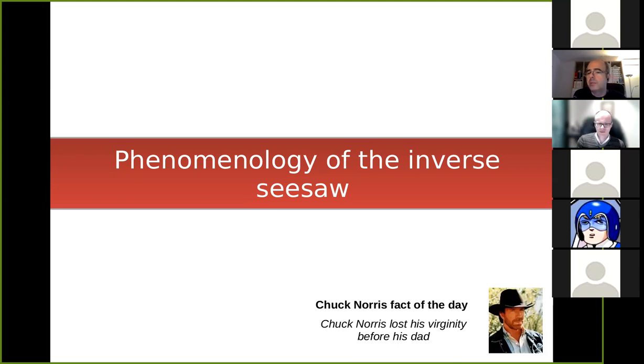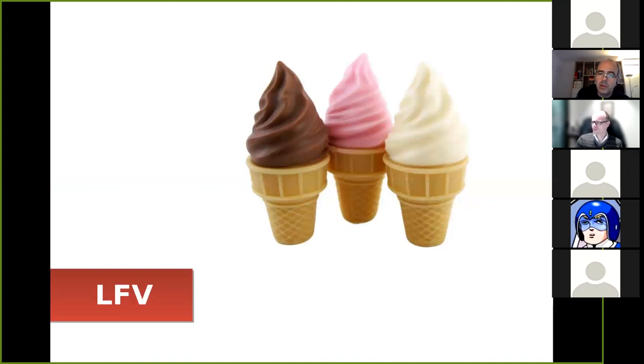For example, you can produce them at the LHC if you are lucky and they have large Yukawa couplings or they are charged under the gauge symmetry. You can also have them in flavor observations. You can find them running in the loops that produce, for example, lepton flavor violation. You can get contributions also to some flavor conserving observables like the muon g-2, which is very popular now. So let me just comment on two possibilities to convince you that the inverse seesaw is a very rich scenario for phenomenology. The first one that I wanted to mention is lepton flavor violation.